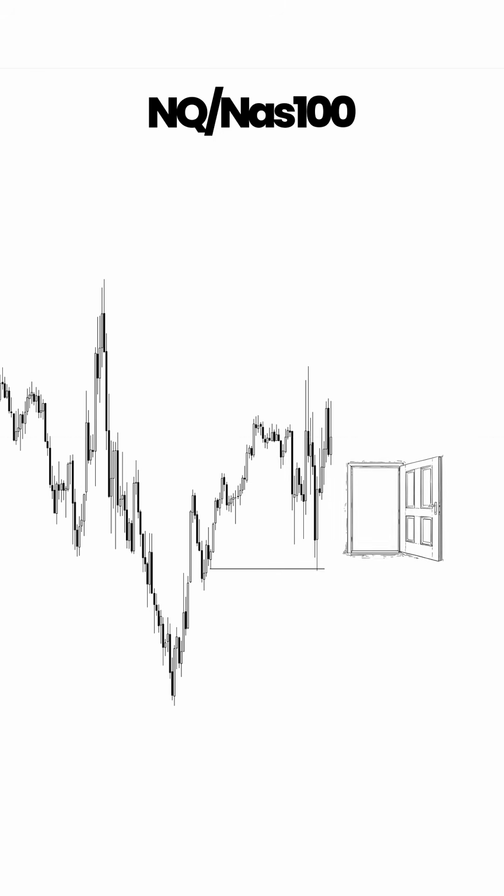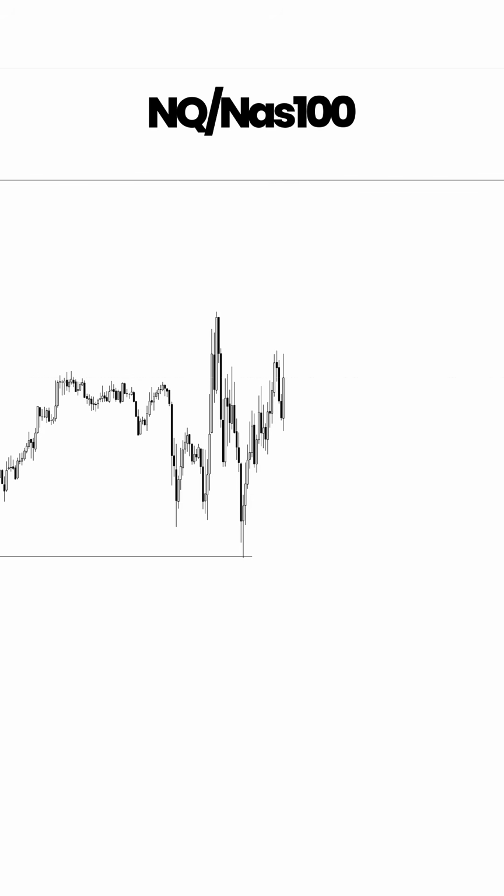Now we can open up the 5-minute time frame to get a better look at the internal liquidity. On the 5-minute time frame, we can see this is a clear buildup of liquidity as buyers have constantly been induced in this area. We then get a sell-off, respecting the highs to the left, which sweeps the entire internal